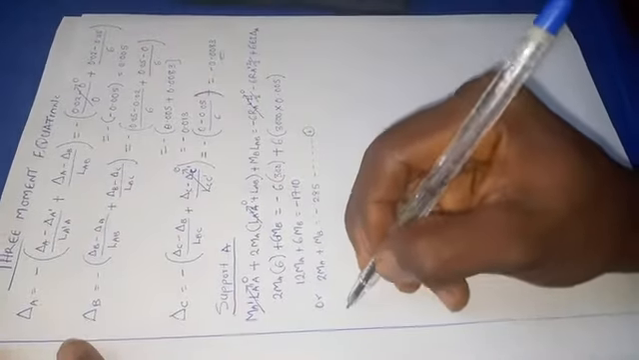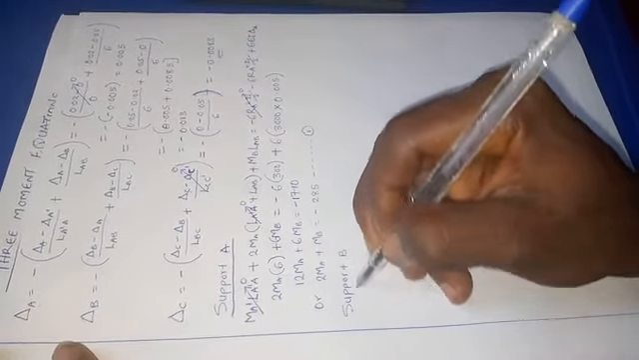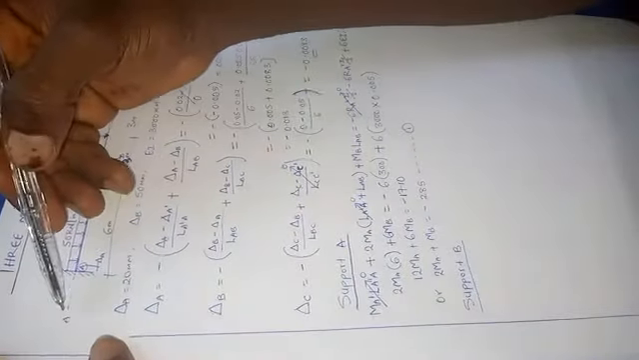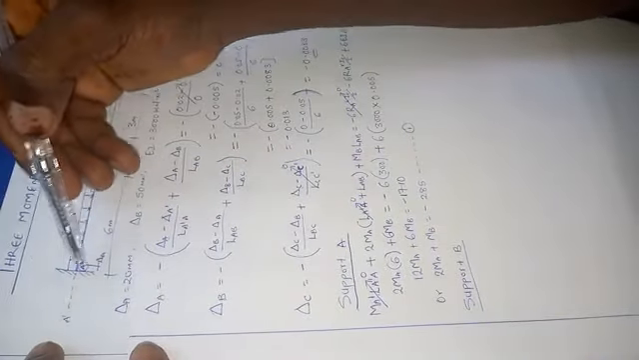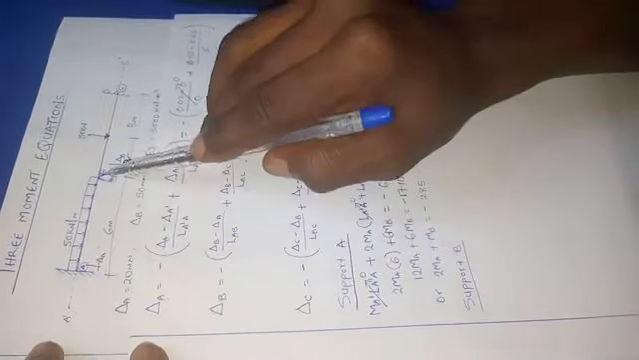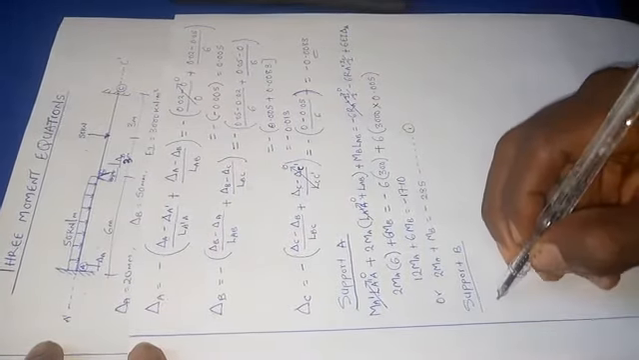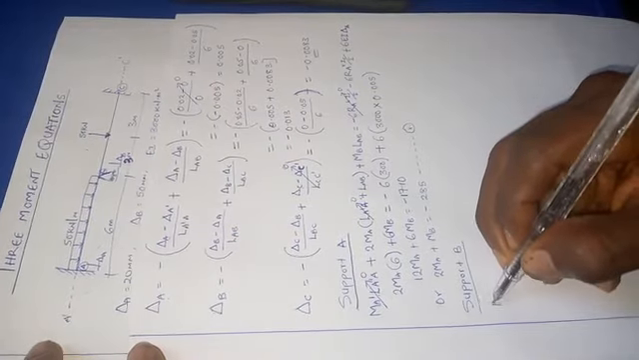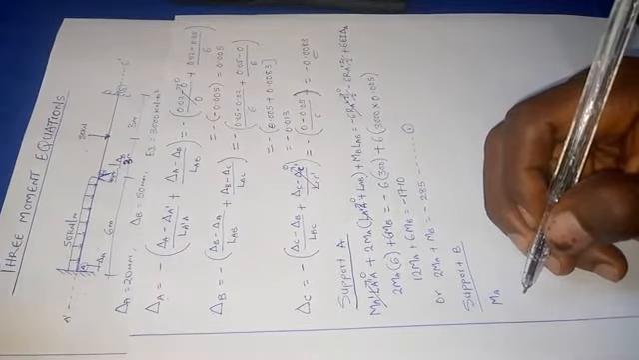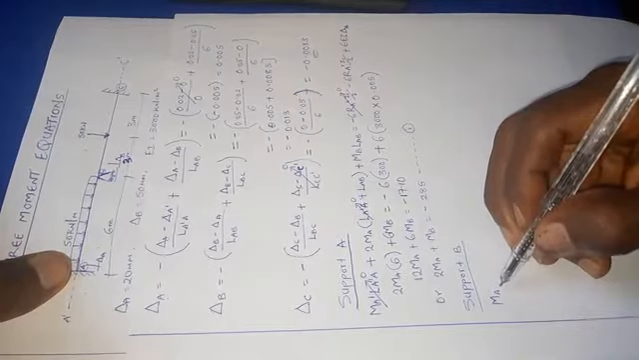The next thing I will do is to generate my 3-moment equation at support B. Here I've taken the first span, which is A prime, A and B. The next span I'm going to be taking is A, B and C. If I'm taking that span, my 3-moment equation will turn to be moment at A. I always start from the first support of the span I am generating my equation for. So this will be moment at A